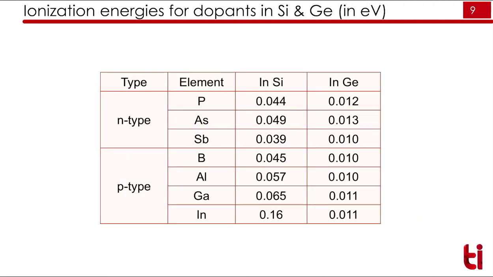So these are typical elements, and their ionization energy we use for doping purpose. You can observe here that this ionization energy is very much less than the band gap of silicon and germanium. The band gap of silicon is around 1.1 electron volt. Germanium is around 0.7 electron volt, and whatever you are using for doping purpose has a very small energy as compared to this. So this will help us in the conduction process that we will see now.